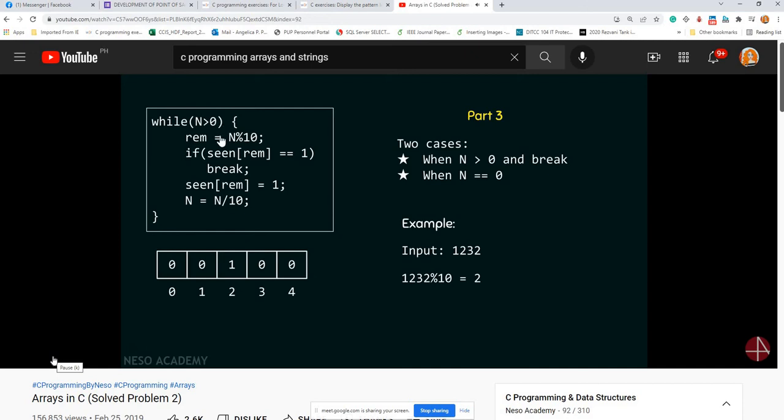Therefore I will come inside this while loop and divide 123 by 10. It gives me the remainder 3. That is the second last digit. Now I will check whether I have seen this digit before or not. I have not seen this digit before. Therefore, I will replace this by 1 according to this line. Now I will again divide this number by 10 and store the quotient inside variable n, which is equal to